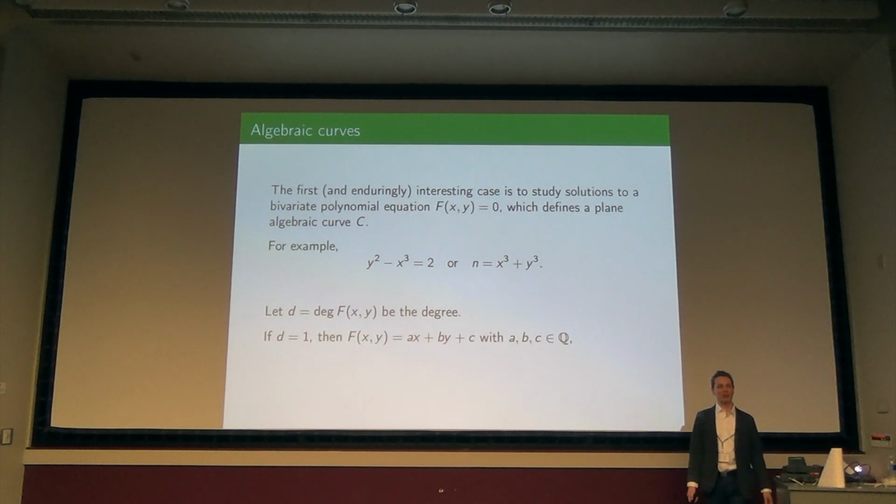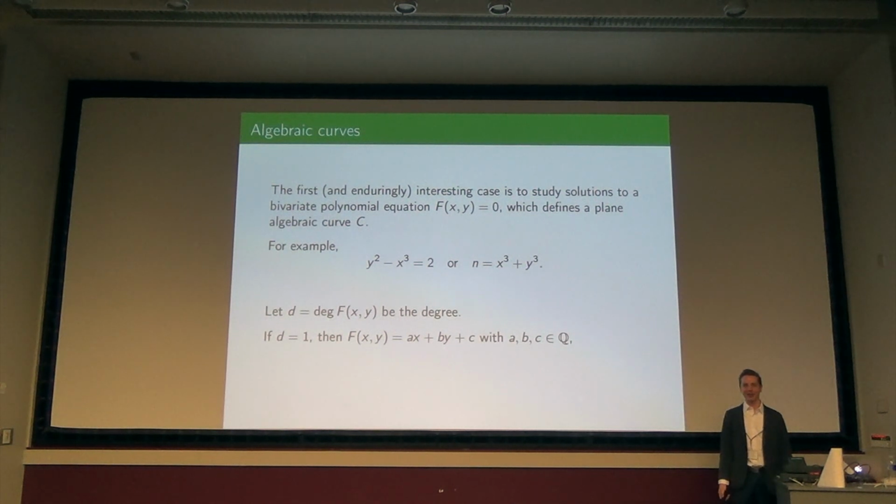Can you guys solve this one for me? So if you have ax plus by plus c, how do you find all of the rational solutions? I guess there are some degenerate cases. If all of a, b, and c are equal to 0, there's not anything to do. If one or the other equation is 0, you get a vertical line or horizontal line.